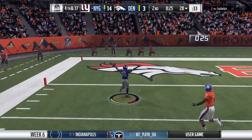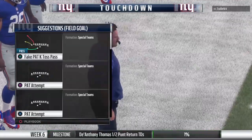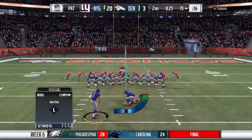And he's free going down the left side. It's a foot race. Touchdown, Giants. DeAnthony Thomas, his first touchdown on the year. And the Giants are